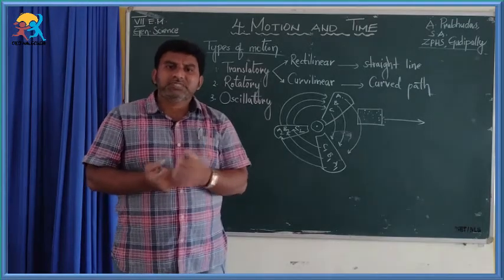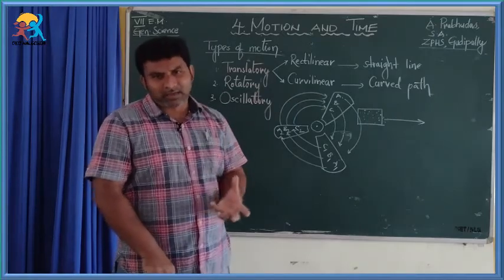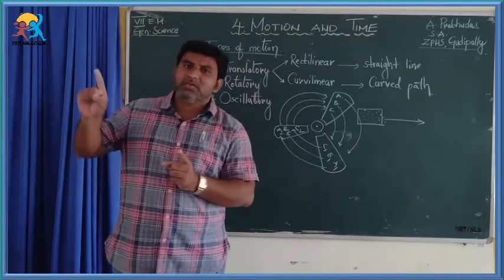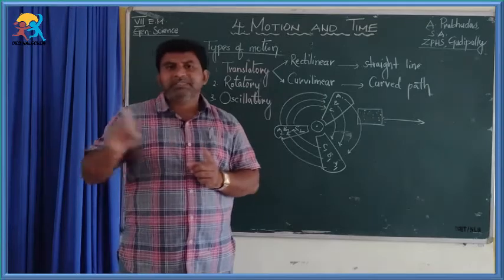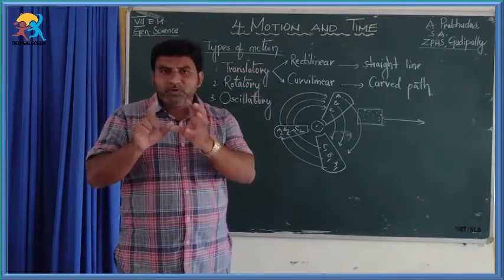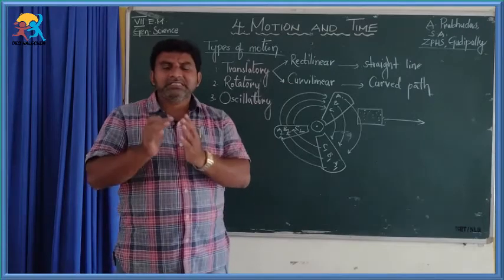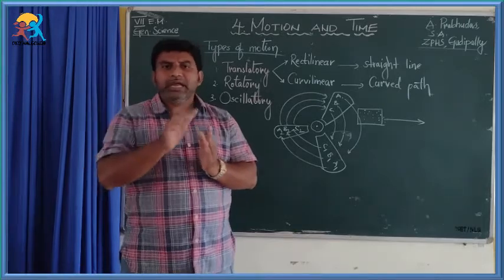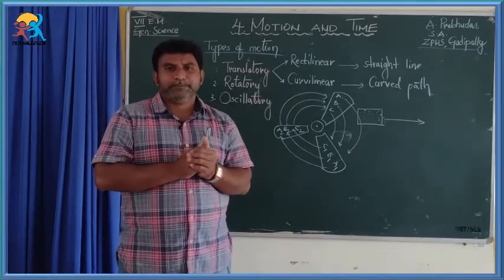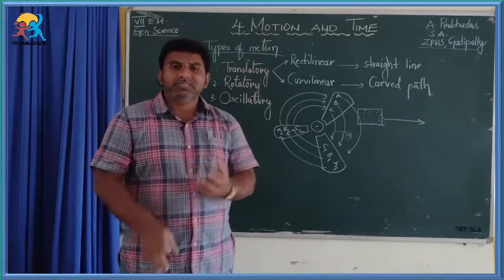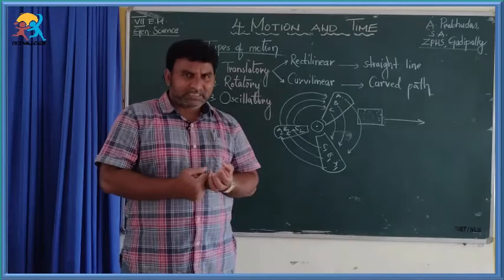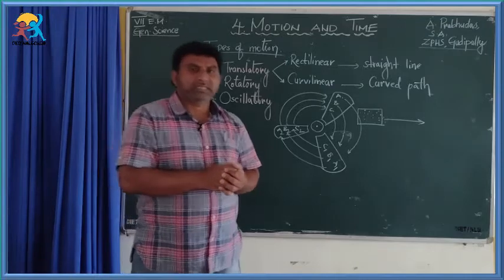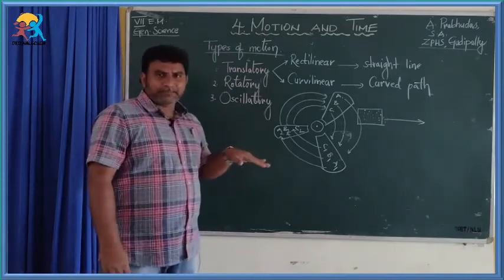And if you see a pendulum on a wall clock, the pendulum keeps moving to left and right, again goes to left and right. This pattern repeats continuously. So, if you closely observe this pattern, you can easily understand that the simple pendulum moves in to and fro ways. In the same way, if you see the needle of a sewing machine, the needle goes up and downwards. So, such type of motion is called oscillatory motion.